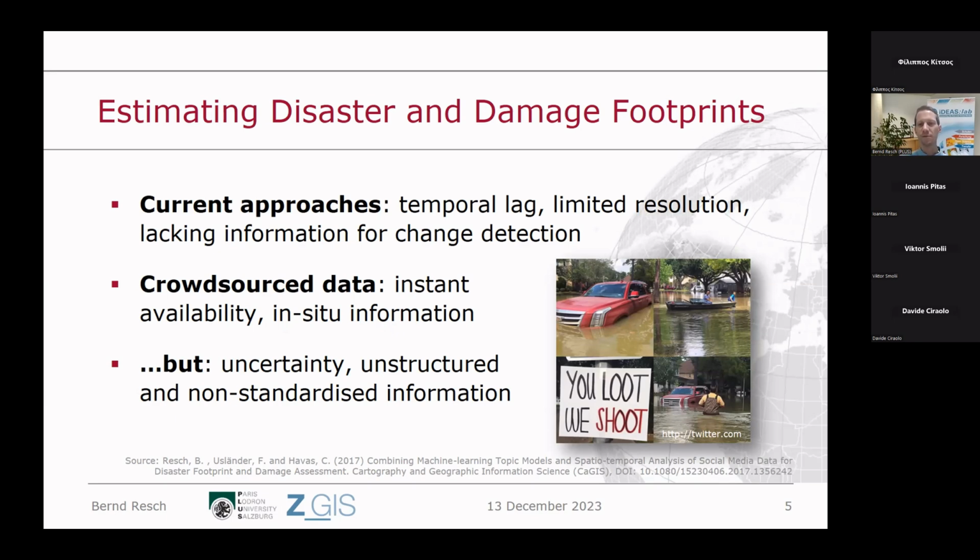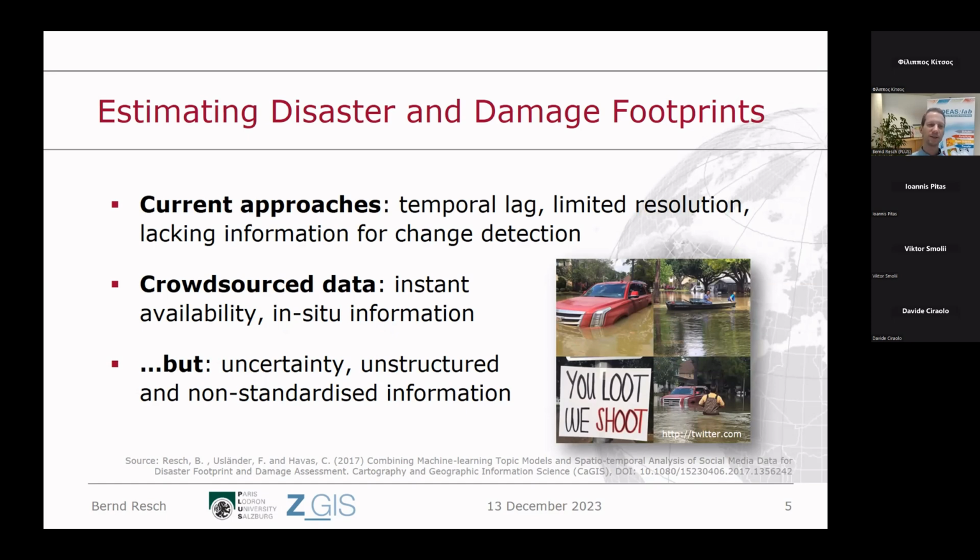It may not always be true, but what you see here on the right side is that people take pictures from their immediate surroundings and post that on social media. And that's what you know, obviously. Good. There are a lot of buts in there. I'm going to tackle a few of those in this talk as well.